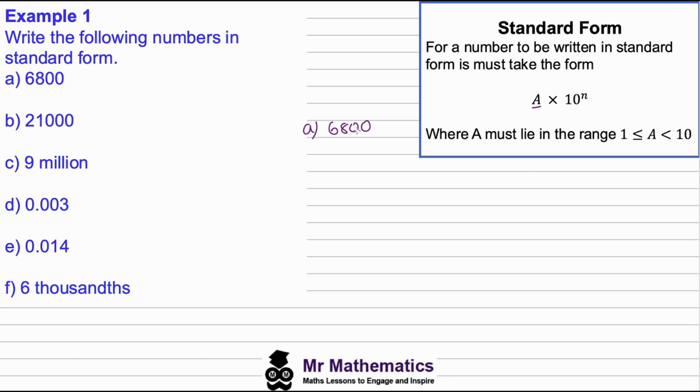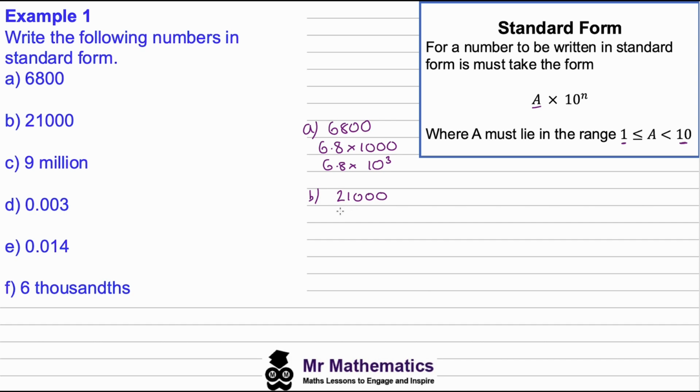6,800. We need to write it using a power of 10. So this will be 6.8 multiplied by 1,000. We use 6.8 because this is between 1 and less than 10. This is how we standardize the form. And then this 1,000 can be written as 6.8 times 10 to the power of 3. Okay, so in this example, the 6.8 would be the value of A, and the 3 would be the power of n. So for question B, if we've got 21,000,